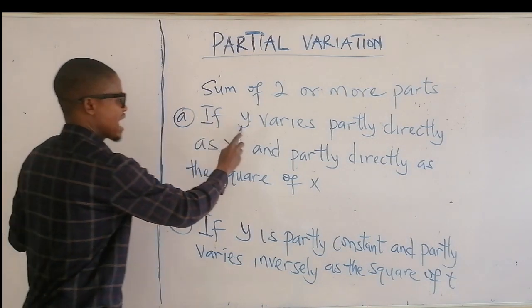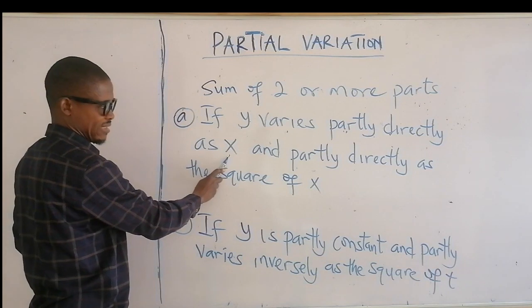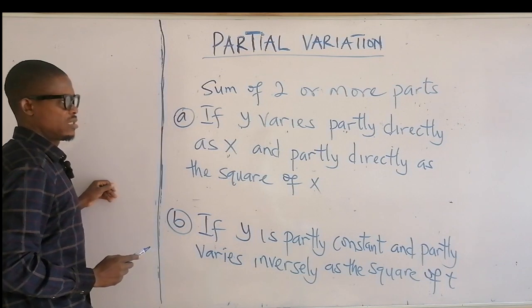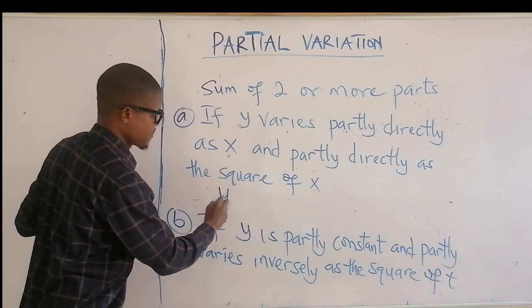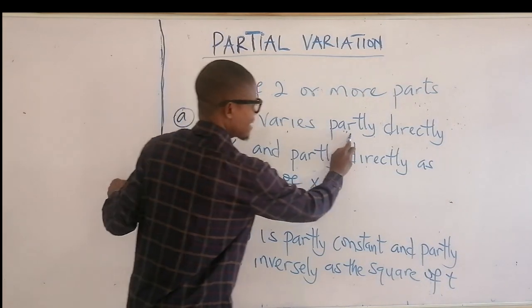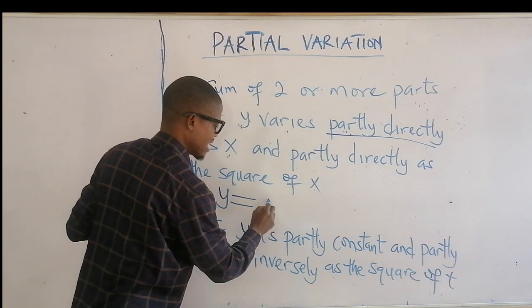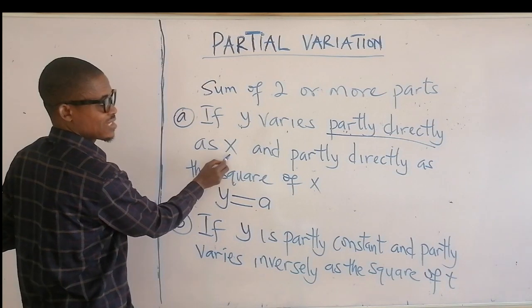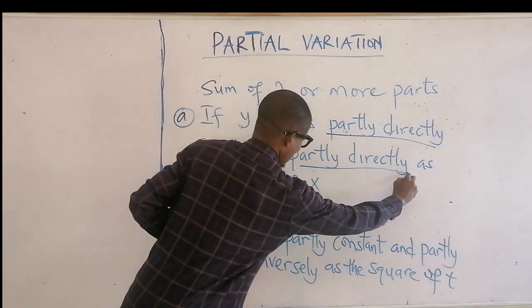The first one is: y varies partly directly as x, and partly directly as the square of x. What this means is that y is equal to, since it varies partly directly, there must be a constant before the variable given to you. Partly directly as x, and have a plus, and partly directly as